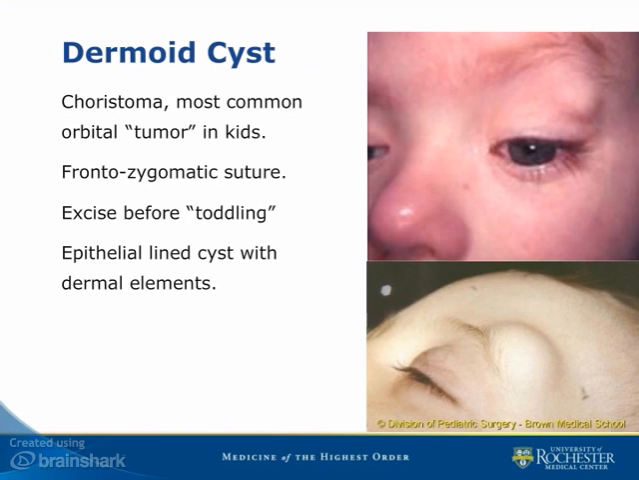Dermoid cyst is probably the most common ectopic tissue in the orbit. It's a choristoma. It's the most common orbital tumor in kids. It tends to form at the frontozygomatic suture, although I've seen them at the frontomaxillary suture. I tend to try to get these out before the child is toddling, because if they fall and bump these